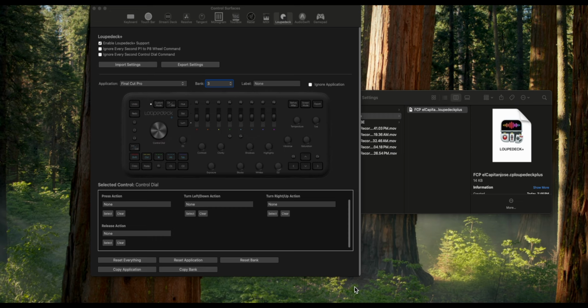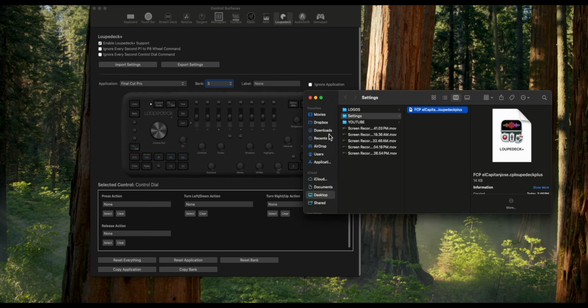If you've watched the previous video on how to set up your Loupedeck Plus and you've downloaded the free bank preset, today I'm going to show you how to install that. So once you've downloaded the preset, it's going to be in your downloads folder. What I did was I created a new folder on my desktop and I named it settings. I dragged the file and dropped it into these settings,